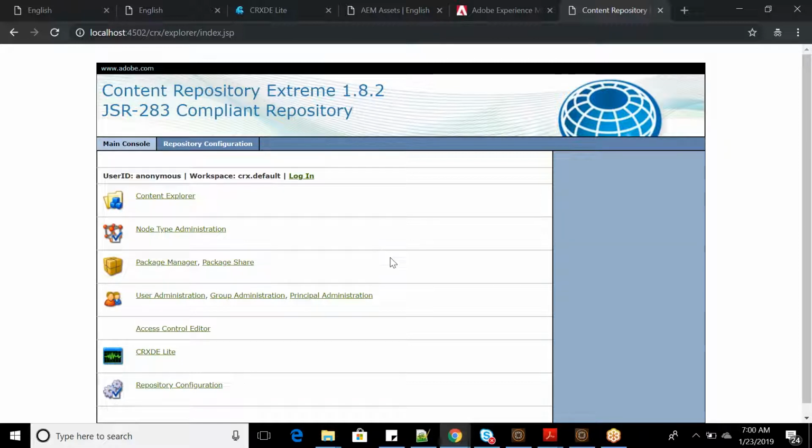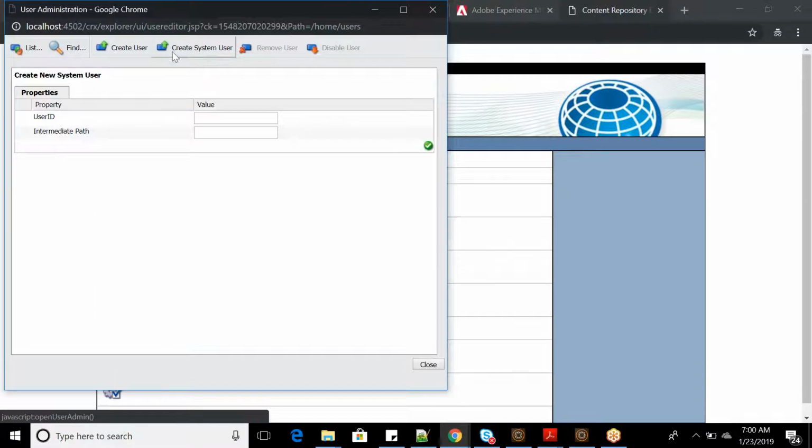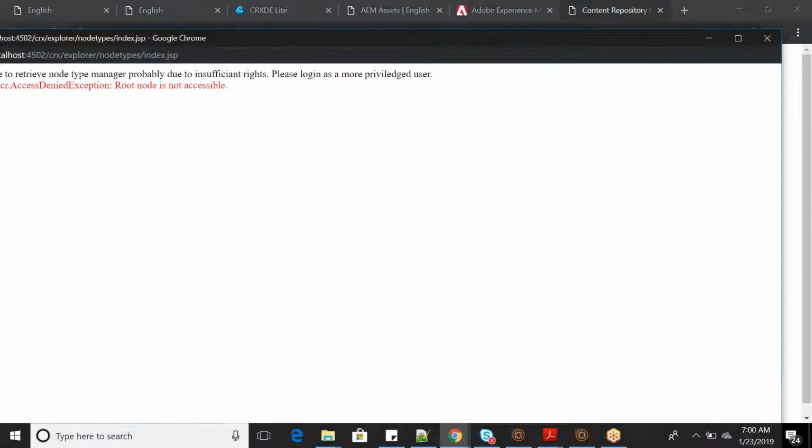Okay, the concept of resource resolver is there. We can create some system resolver to apply more restrictions. We have that concept like in the user administrator, I can create some system users. This facility is not available in the user admin section. For that purpose, if you want to see what nodes are available right now,